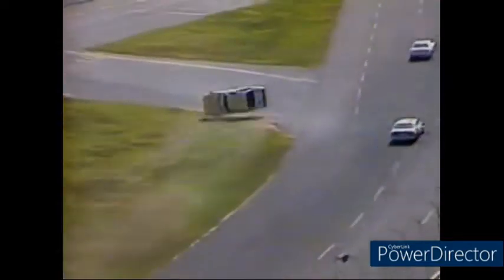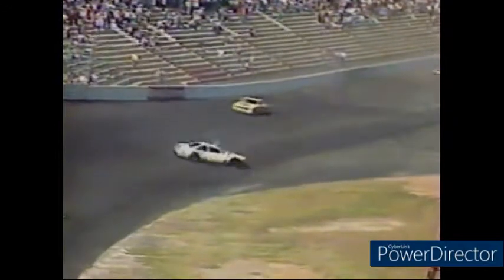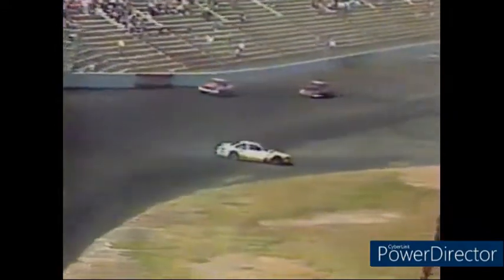Low side of the track. Jeff Bodine out of control. Jeff Bodine, the Levi Garrett Chevrolet. Jeff Bodine with a wild ride. He's on. Well, now the car rates itself very quickly, but Jeff Bodine, the car was running in and amongst